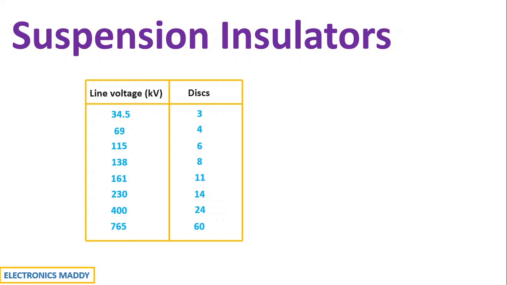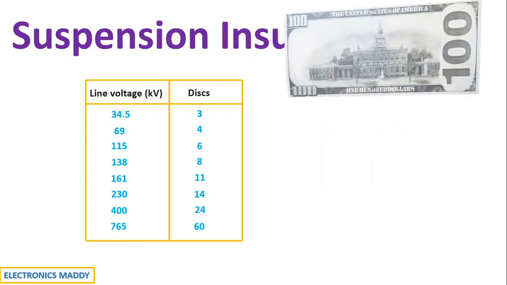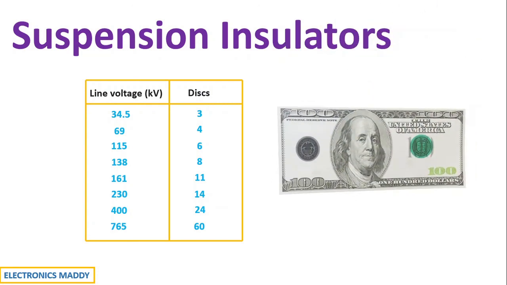All right, so we have a lot of other equipment in transmission lines, isn't it? Why are we only focusing on insulators? It is because of the cost, it's very expensive. And secondly, it also requires a lot of space and it is heavier as well. So hence it is very important to decide the transmission line capacity based on insulators.